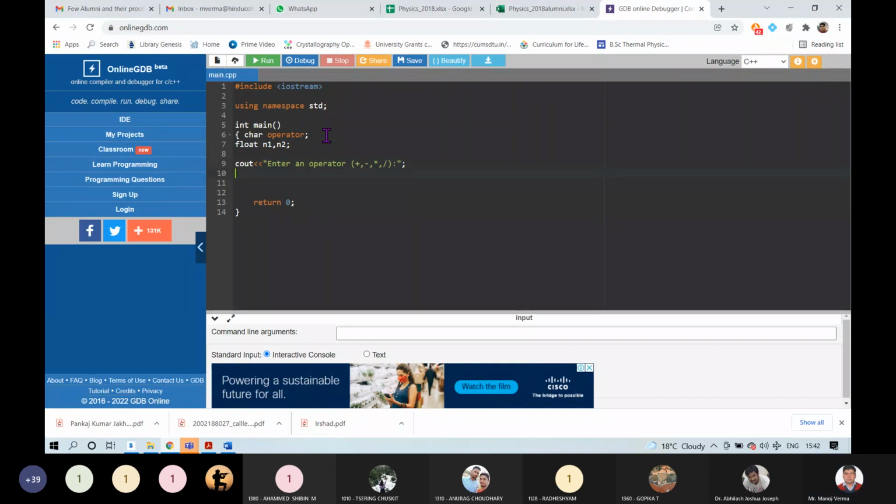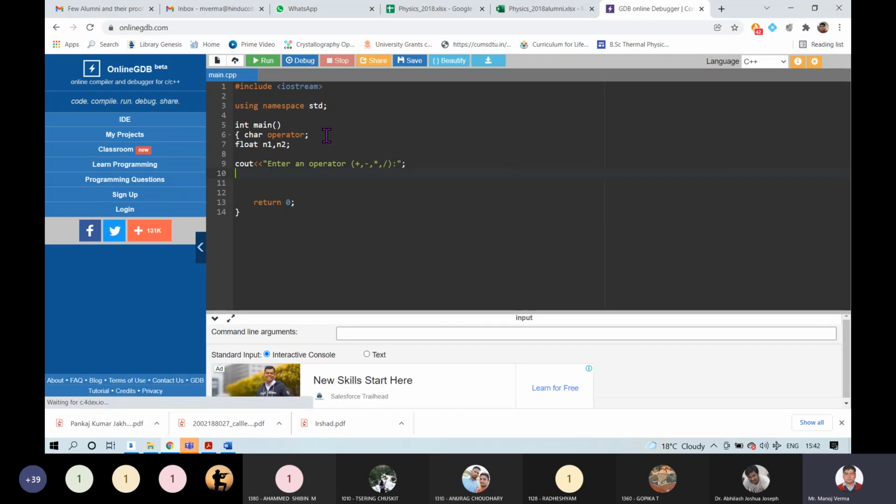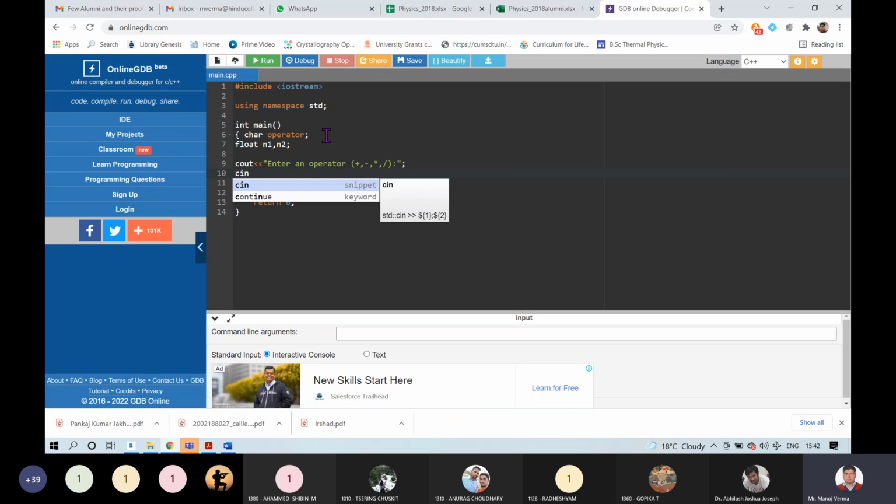No, I just want to see the division of these numbers. Okay, not percentage. I want to see the division of these two numbers. I want this particular operator, whatever character the user is entering into the variable operator.